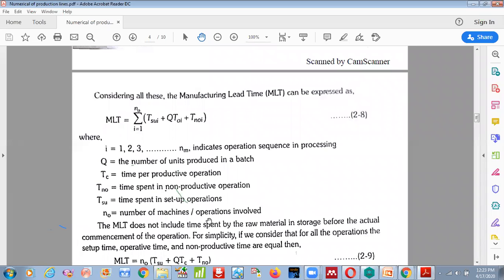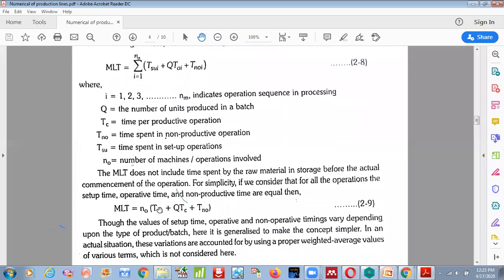Maybe, for example, in a lathe: thread cutting, facing, drilling, knurling. Here the machine is the same, but the operations are different. If you have 4 operations and we are doing them in a lathe, then N0 will be 4. Apart from that, say for example, you have a thread cutting operation, then a milling operation, then a drilling operation in different machines, then N0 will be equal to 3 because the number of machines will be different.